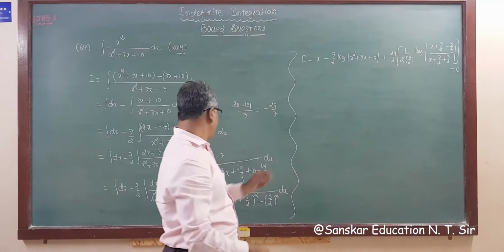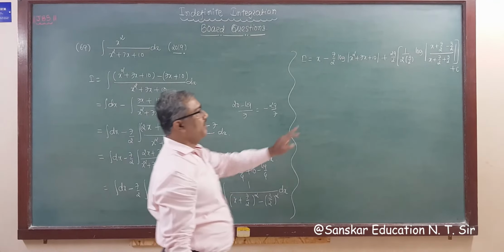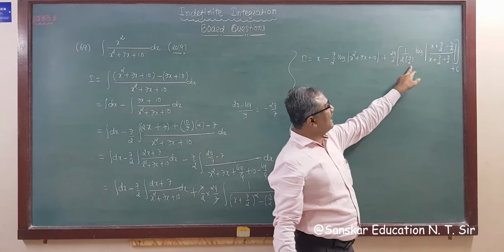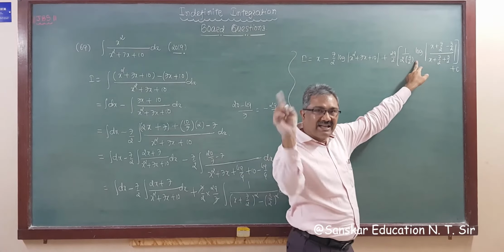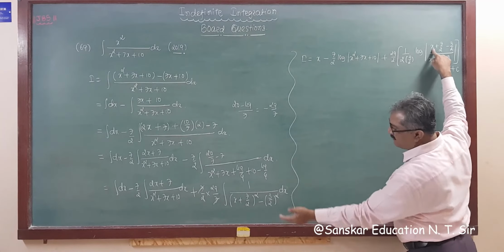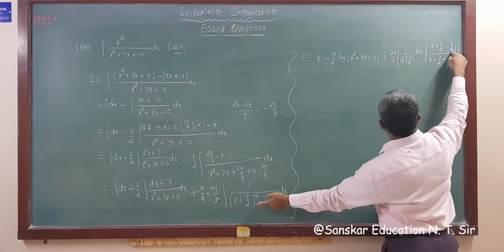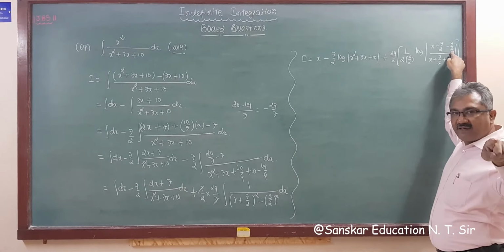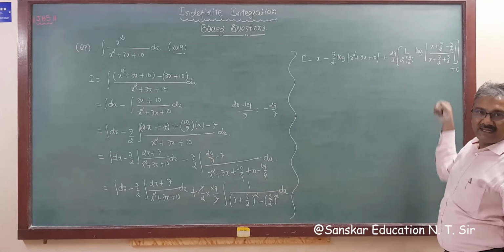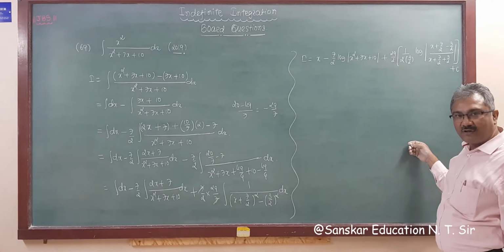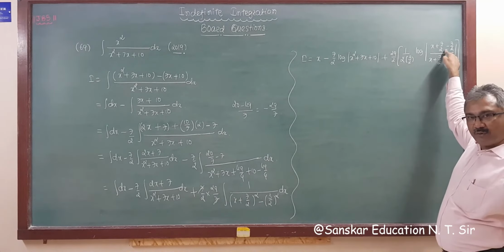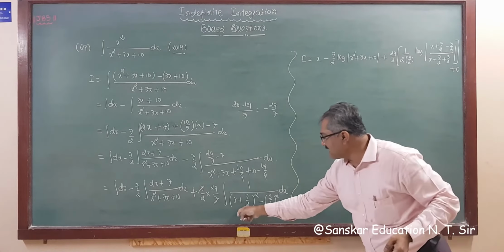See once again. This is 29 by 2. That is okay, 1 upon twice a, where a is 3 by 2. Log mod x minus a, where x is x plus 7 by 2. So x plus 7 by 2 minus a, right? I am explaining this one again. Why? If I make a mistake the first time, then all the remaining steps are wrong. That's why I am concentrating on writing my steps. Now I am explaining to you. If you don't understand, then this is x minus a.